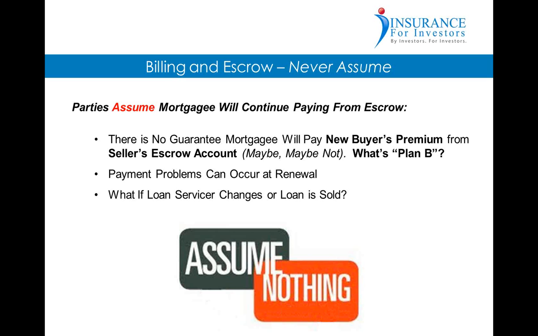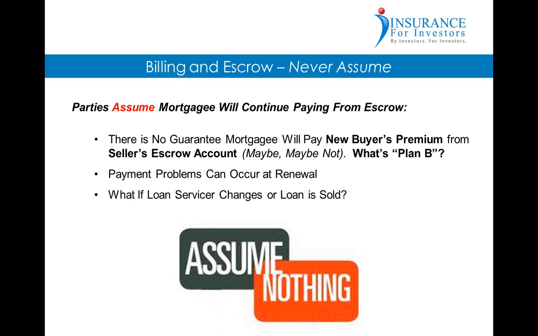This goes back to insurance agents chasing payments. The mortgagee chooses not to pay the bill. It's not up to the insurance folks to spend the next 3 weeks making 47 phone calls back and forth chasing money on a policy they made $80 on. So what's the plan B?